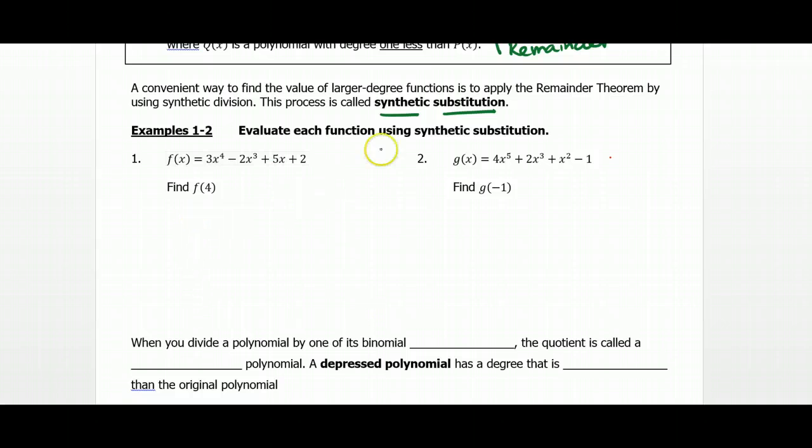Well, I can use this process called synthetic substitution, which just means I'm going to do synthetic division with my 4 on the polynomial 3x to the 4th minus 2x cubed plus 5x minus 2. So I'll have a 3 here, a negative 2, and I'm missing an x squared term, so I need a 0 for my placeholder, a 5, and then a 2. And so when I do my synthetic division,